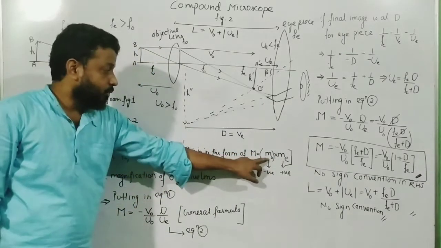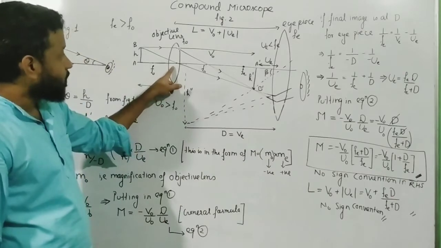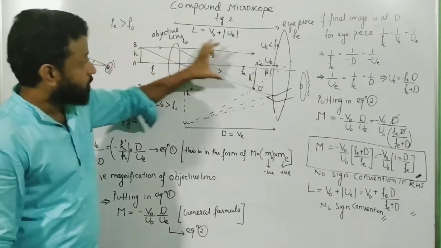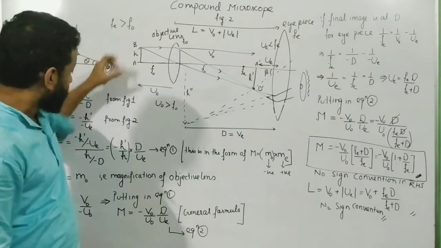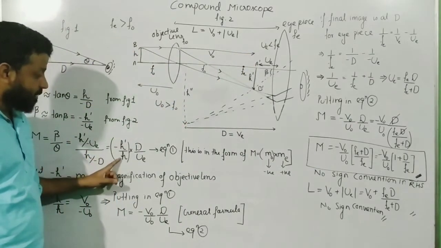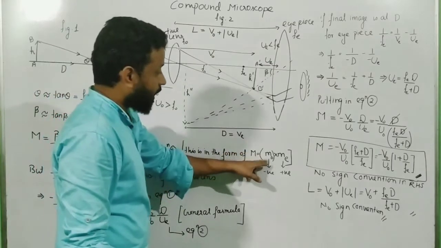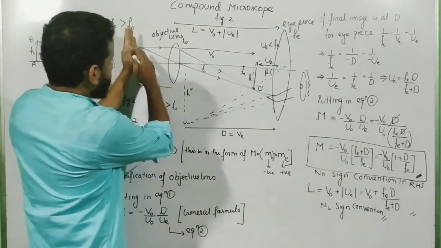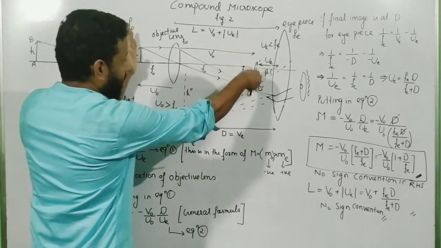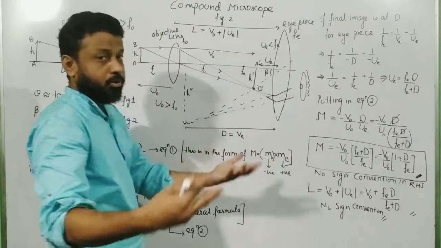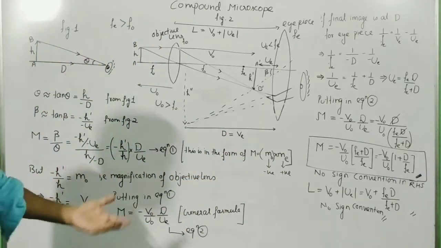Now, the magnification produced due to the objective. What is that? The ratio of the height of the image divided by the height of the object. So this is the height of the image, and this is the height of the object. So this first term is m naught. And m naught is negative because the erect object becomes an inverted image. Okay, so magnification m naught is generally negative when you are doing a numerical.